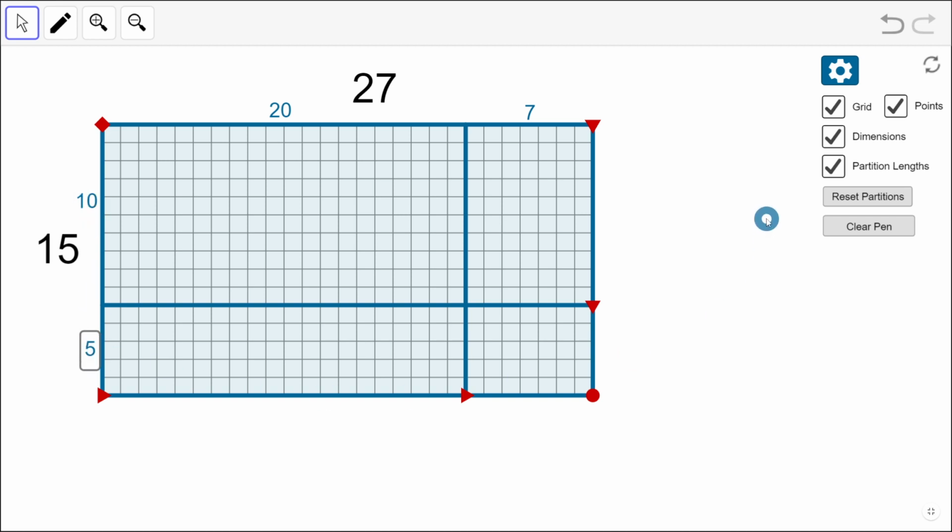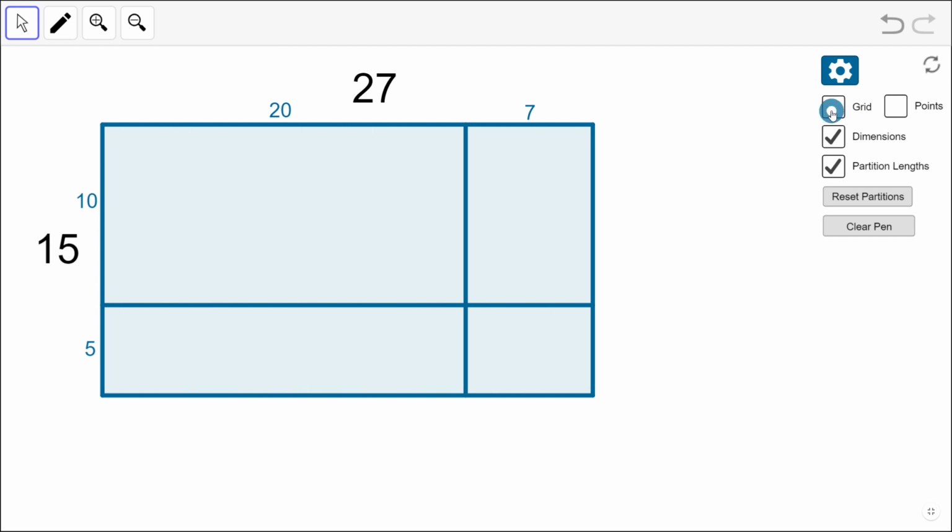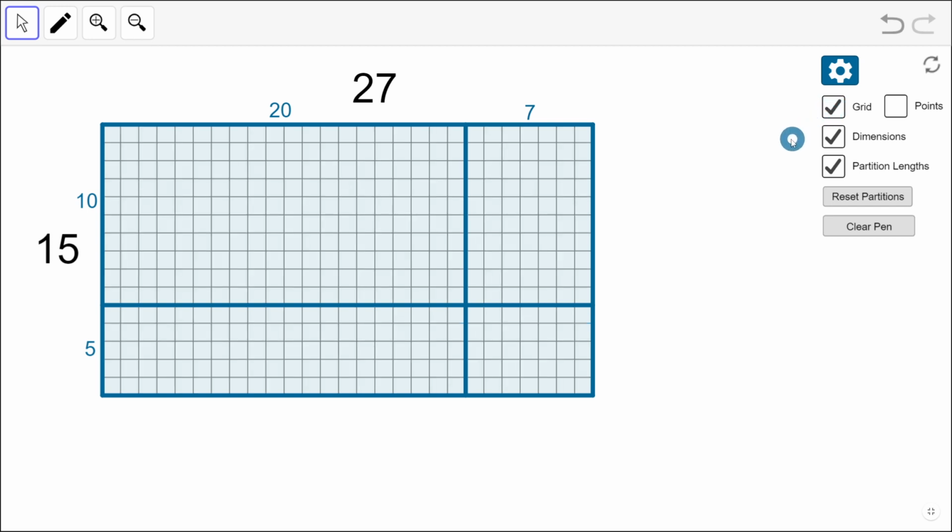Some other options that you have: we can choose to show or hide these red points. Perhaps you're finding them distracting, so if I just click the points checkbox, they disappear. I can also choose to show or hide the grid, these squares here. Perhaps you don't want those, so you can get rid of them using that. I'll just keep them on for now. You can also